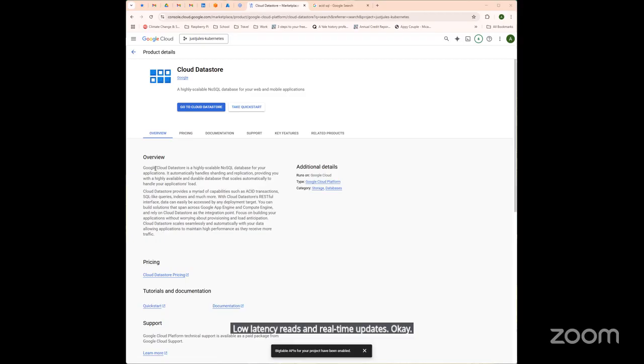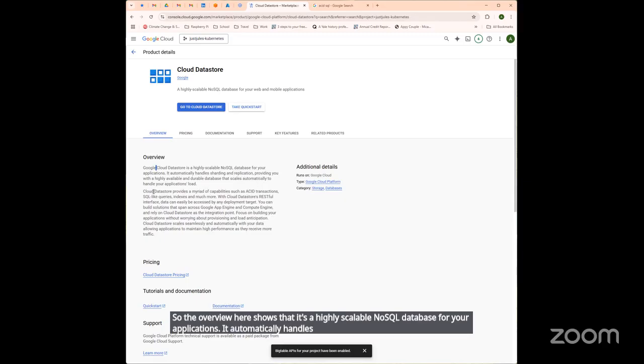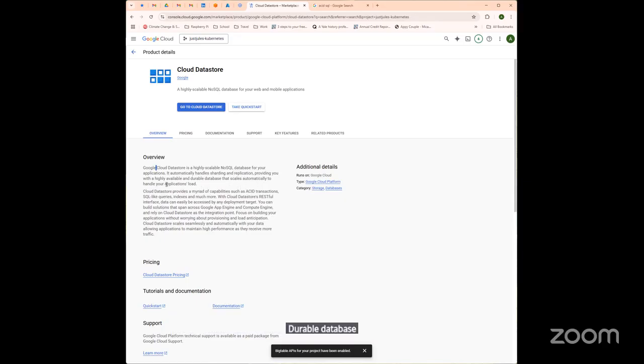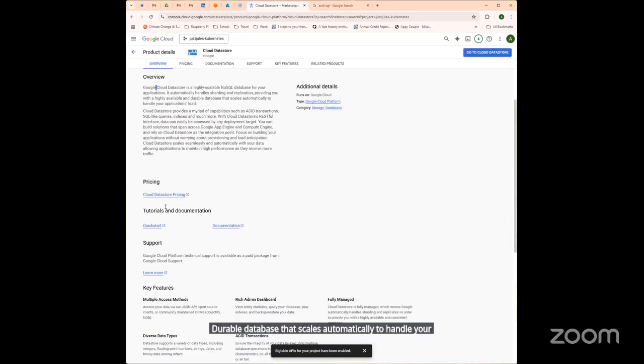So the overview here shows that it's a highly scalable NoSQL database for your applications. It automatically handles sharding and replication, providing you a highly available, durable database that scales automatically to handle your applications, right? You can see the pricing,